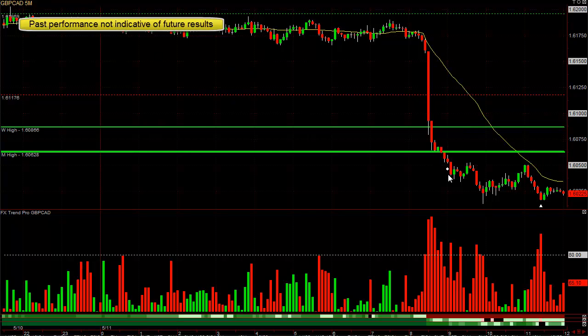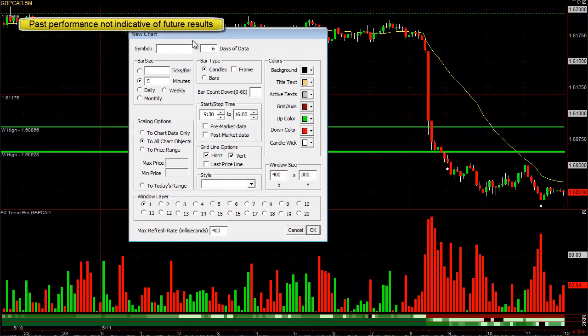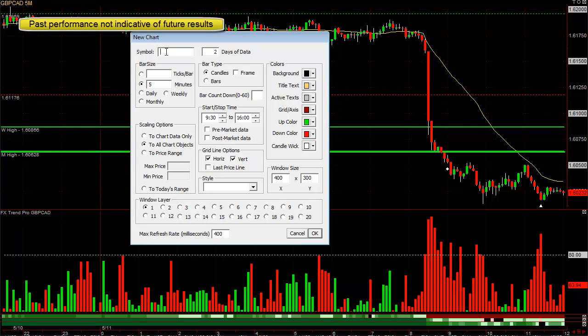So let's actually load a range chart on the pound CAD, and you'll see why when news events come out that cause these big, huge moves, it's very hard to enter them on a 5-minute chart. But on a range chart, piece of cake, because if it doesn't work, you don't lose as much as you would on a 5-minute. You never know if the market's going to retrace all the way back up to the bar's high. So if you sold it all the way down here, you're risking 25, 35, 40 pips. Whereas if you have, let's just say, a 6 pips per bar range chart,